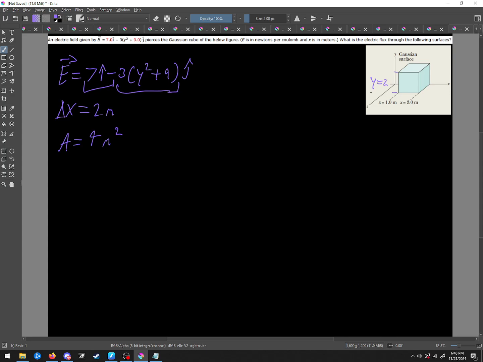And notice how one's i hat, one's j hat. Well, that's because this face is going to be i hat, this face is going to be probably k hat, and this one I'm going to be assuming j hat. Because this one moves completely in x, this one moves completely in y, and this one moves completely in z. This one generally is pointing these separate ways. But if this one's j, x, y, z,